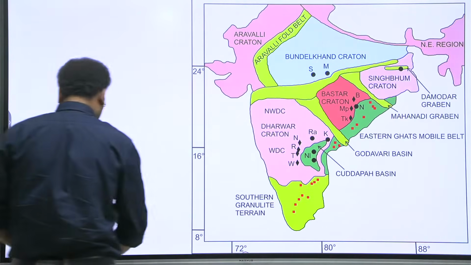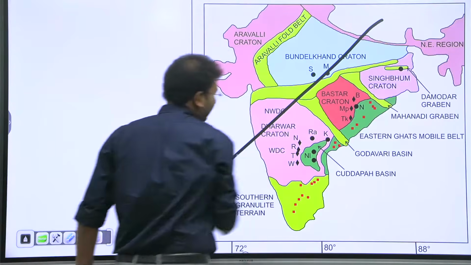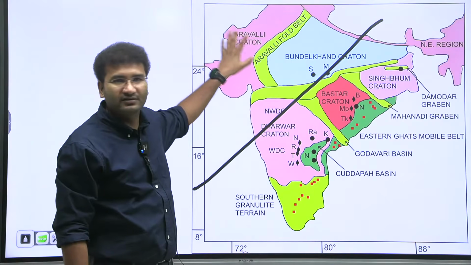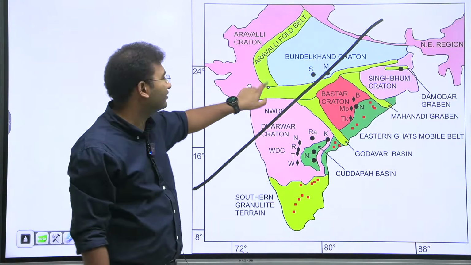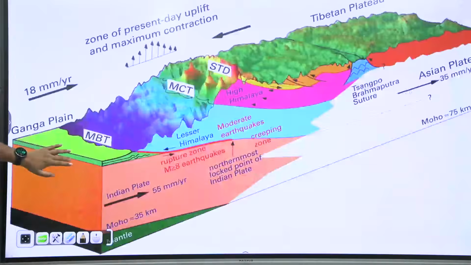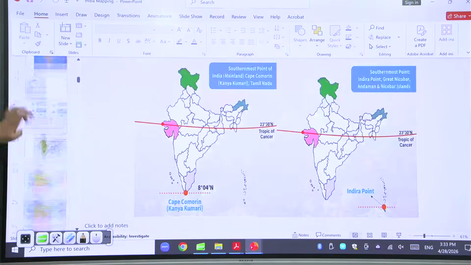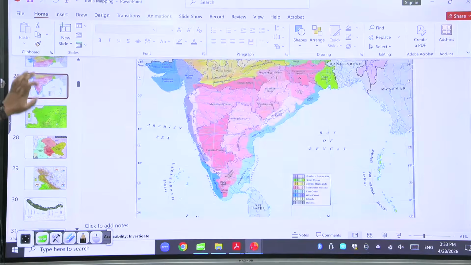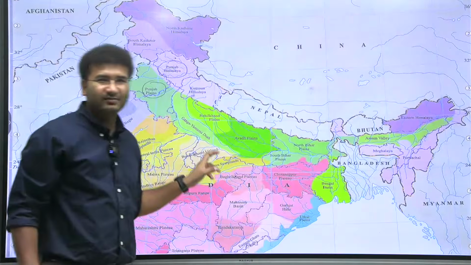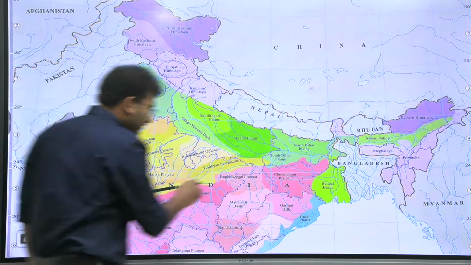So if you draw a line, it is a common sense line. This is the area of metallic minerals. These are non-metallic minerals, right? Except for copper, you will get copper here. Aravalli copper mines. Now come back. One more small concept, the formation of the Deccan Plateau, and then we'll go towards the rivers, national parks, and so on. See, are you clear with this part of the area?